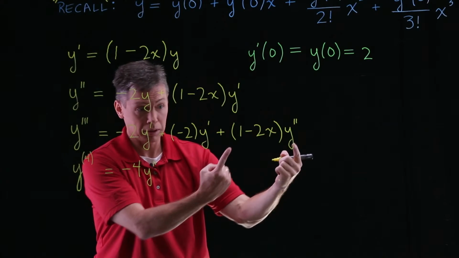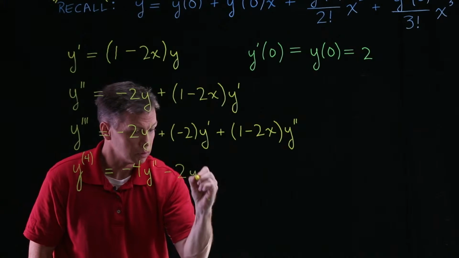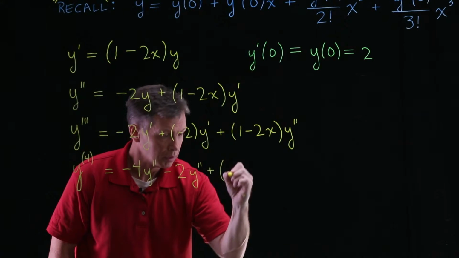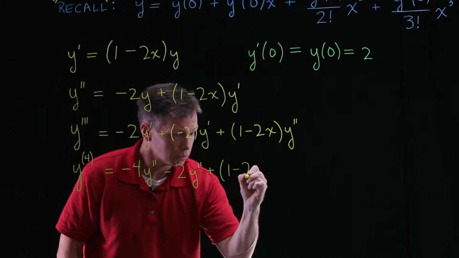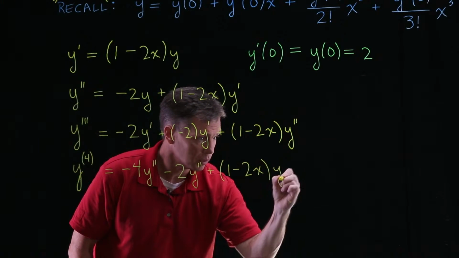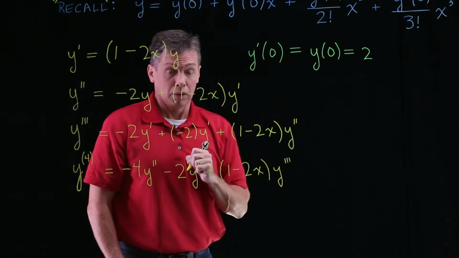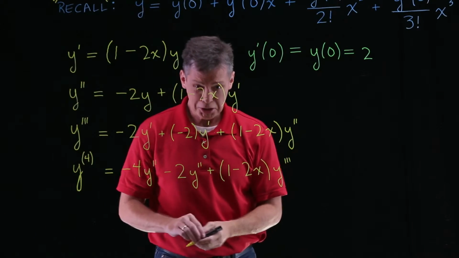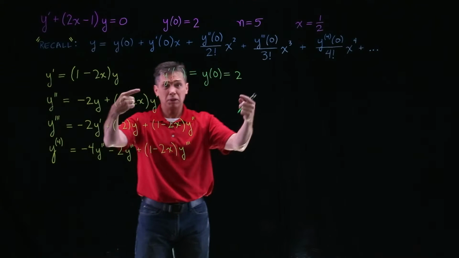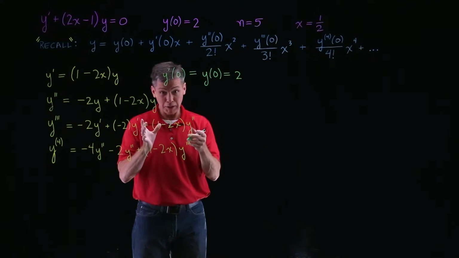And then I'm back to my product rule again, minus 2y double prime plus 1 minus 2x times y triple prime. Okay, and that's it for my differentiation. I'll switch gears, switch colors, and I'm doing the plugging in of the specific y value, the specific x value,